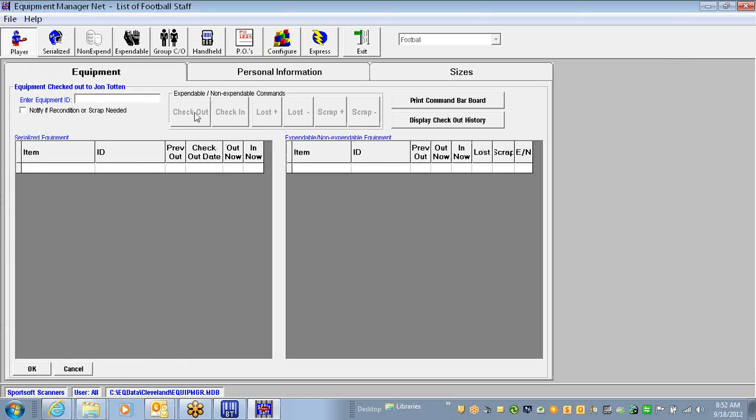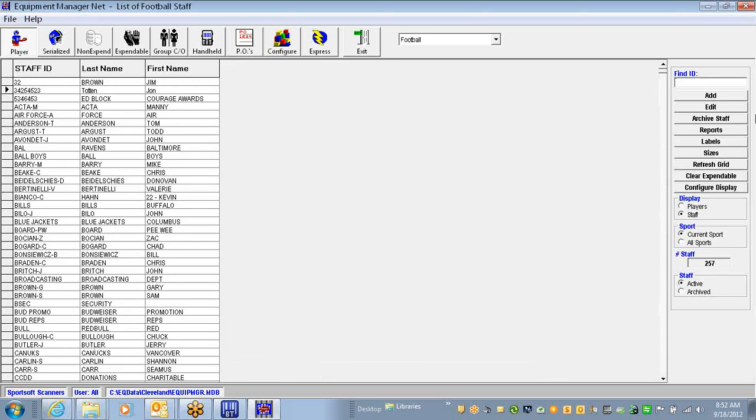Now, you'll see these buttons that are grayed out here: check-out, check-in, loss plus, loss minus, scrap plus, and scrap minus. At this point, it's ready for you to scan the ID on a particular item in order to check it out to somebody. Again, I don't have the items in front of me, so what I'm going to do here